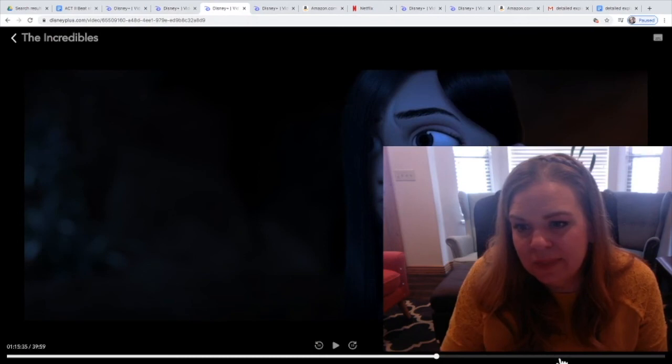In The Incredibles, he gives up his dream of being a hero and exchanges it for his relationship with his family. He realizes,